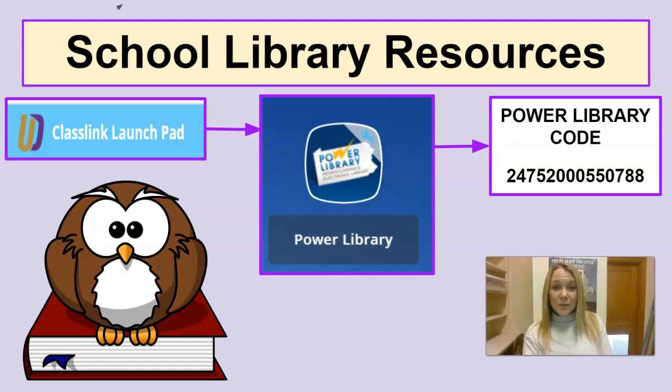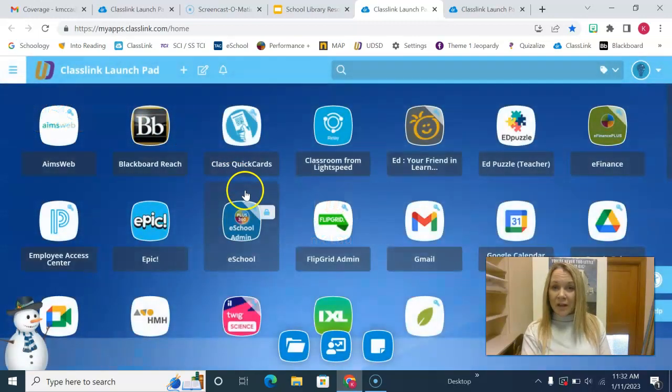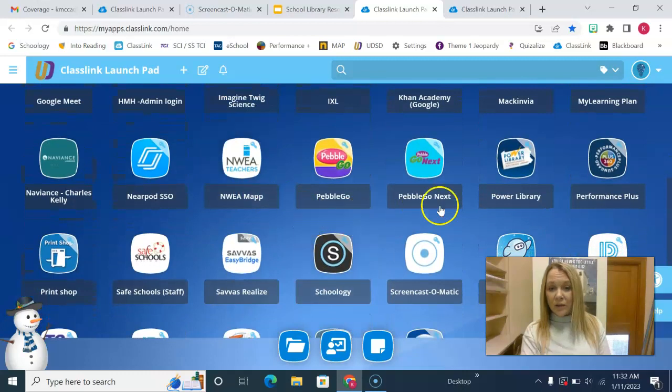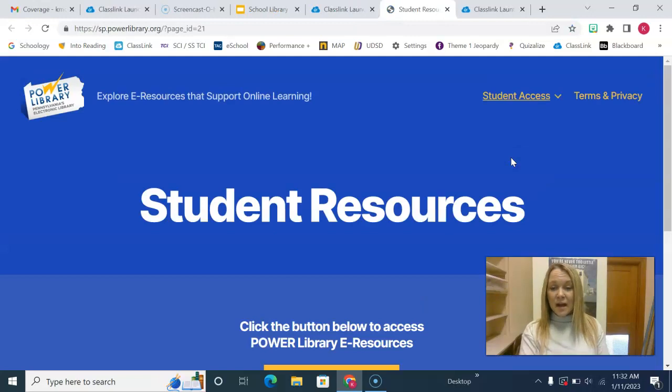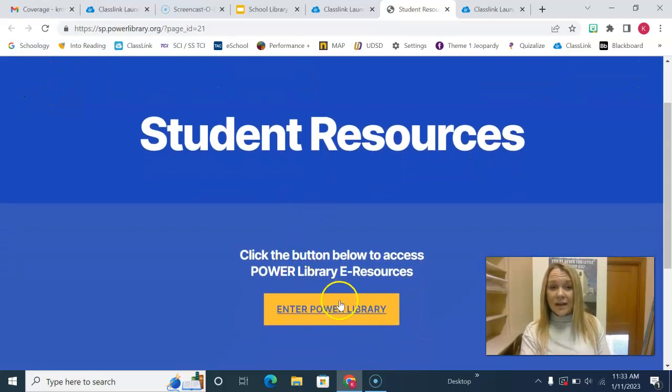The way that this works is that when your child logs into their district Chrome device, they are going to navigate to the Royal Launchpad, which we have seen together many times. Once here, they're just going to scroll down and look for this Power Library application. Now, this is an application that is being used across our libraries throughout the district. So your child should be familiar with this and has probably already logged in with that special code before. However, if it's their first time logging in, they will need that code when they click down here to enter